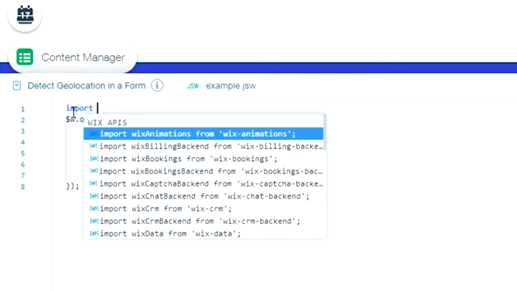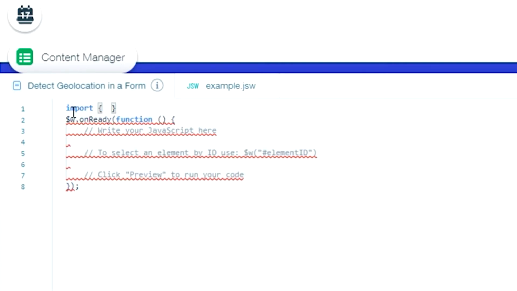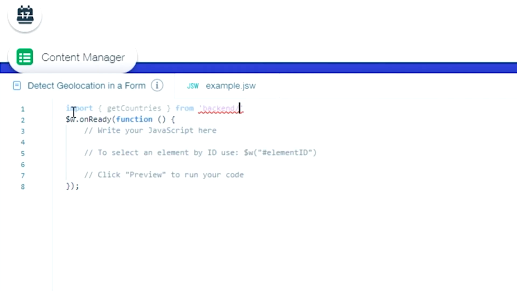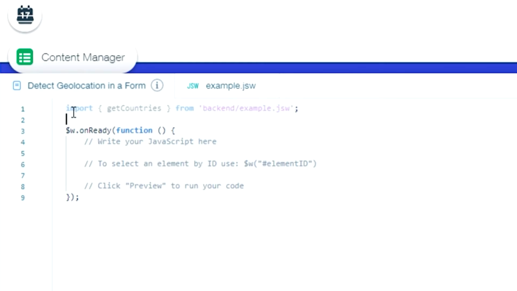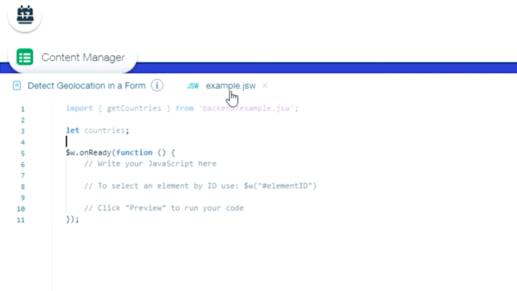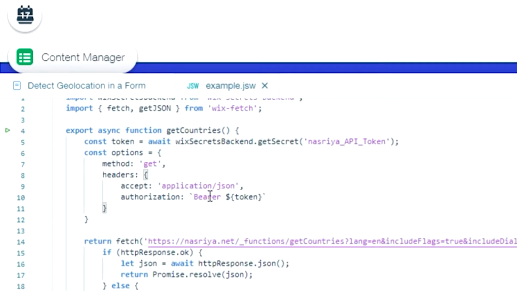We need to import our functions that we declared, which is get countries from the backend example.jsw module, and I'm going to create a variable for the countries. The countries that we get from the backend,